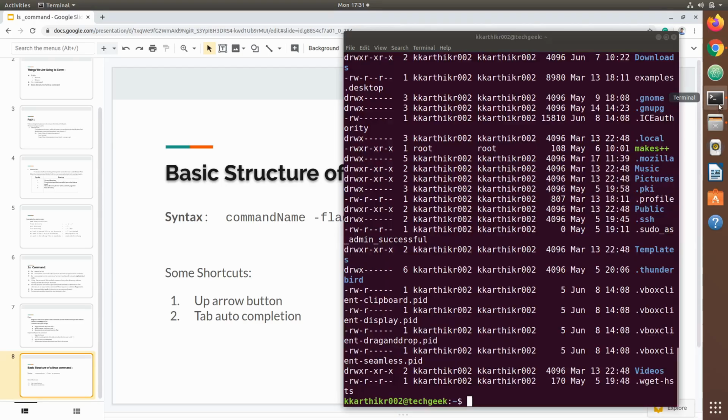As you can see, command name, then flags followed by arguments, let us see the contents in Desktop. Command name, flags, arguments. This is the basic structure of a command.